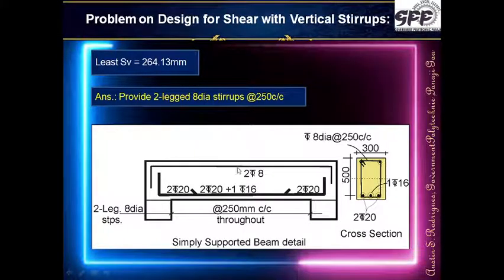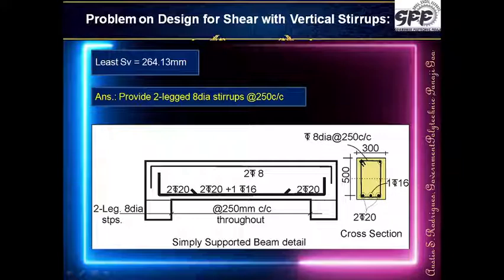Now over here is the cross section. Obviously the cross section has been taken over here at the midspan. Now effective depth is 500, the width is 300 mm. This is the stirrup, 8 dia at 250 center to center. Look at this, how we depict this. The beam is always symmetrical. So 1 bar of 20 here, 1 bar of 20 here, and 1 bar of 16, which gets curtailed here and here. So if we take a section here, we will find that there is 1 bar here, 1 bar here, and there is nothing here in between. And this is the stirrup spacing, 8 dia stirrup at 250 center to center.